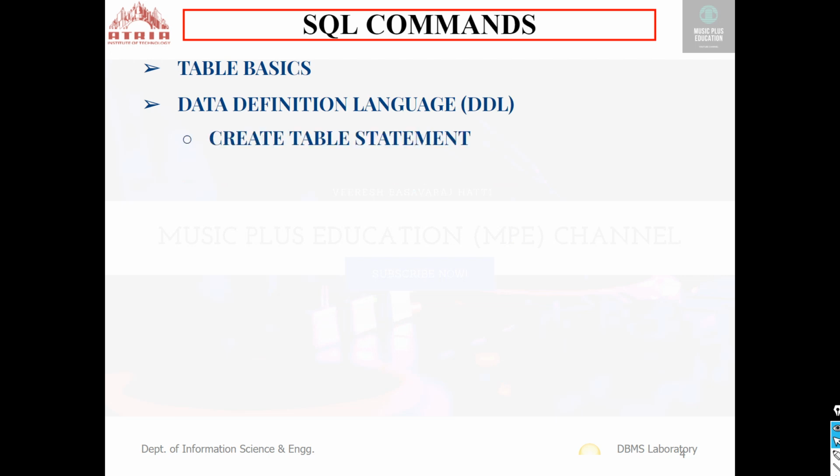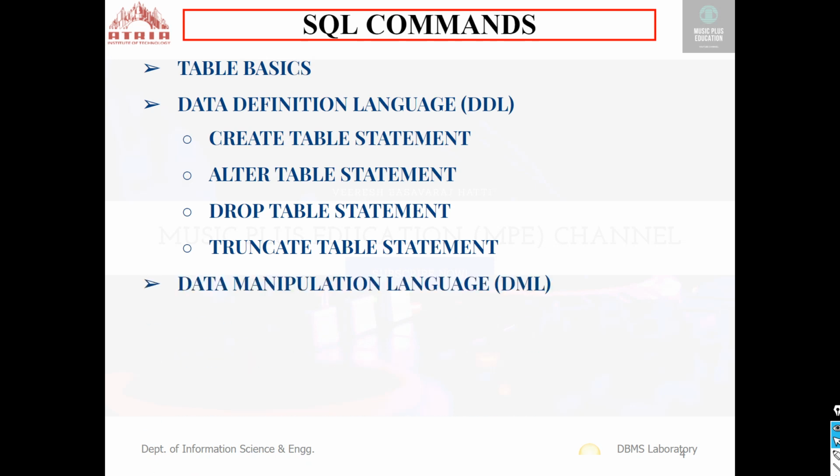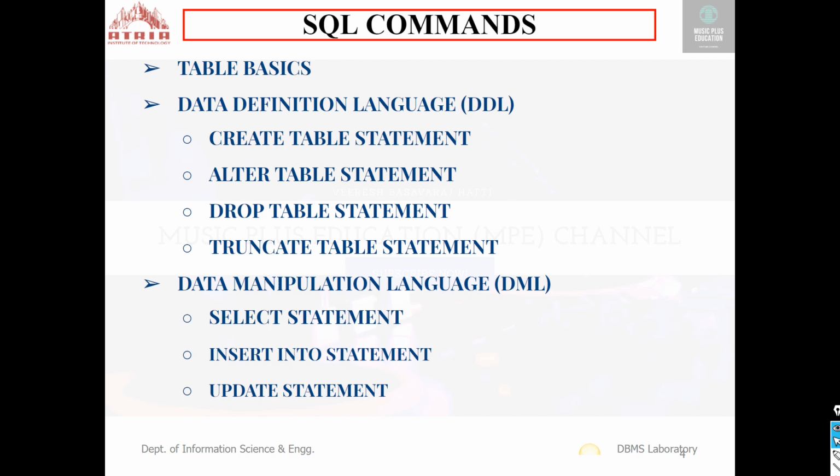In DDL, we have the create table statement, alter table statement, drop table statement, truncate table statement, and the second SQL command is data manipulation language, DML. In DML, we have select statement, insert into statement, update statement, and delete statement.